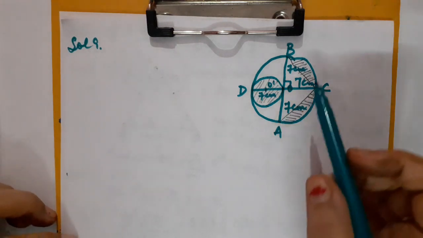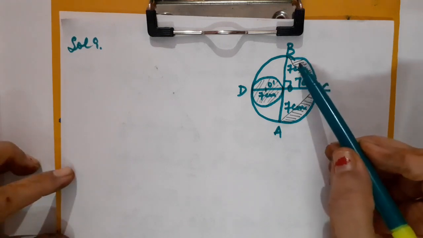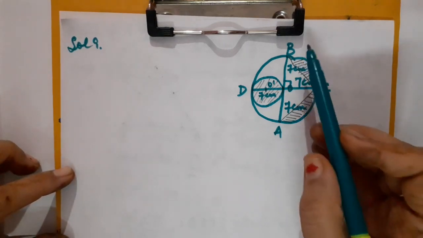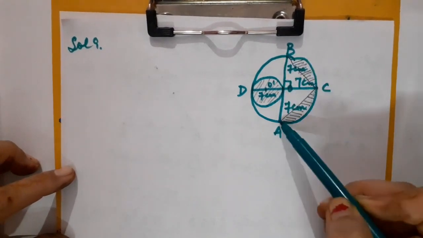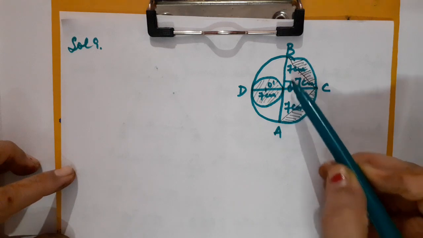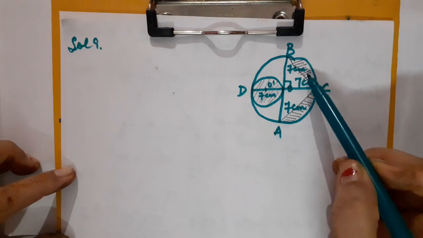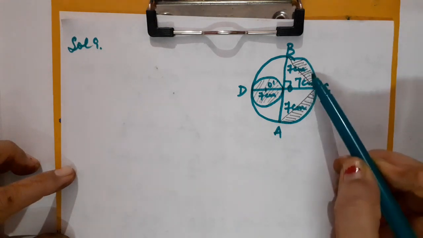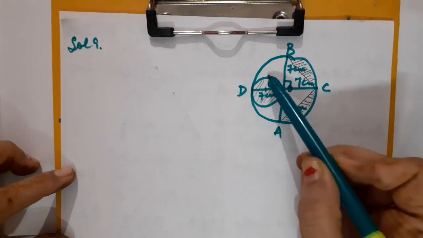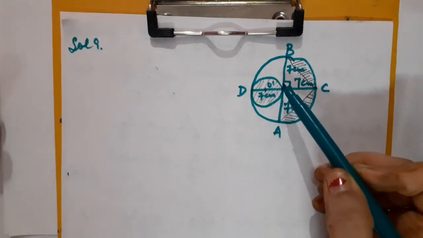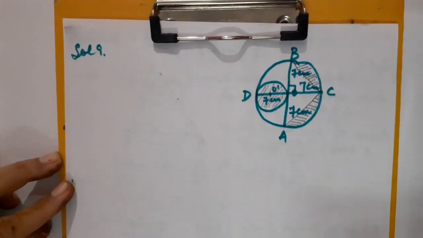Before I start writing, just understand it. As you know, this is the shaded region. Suppose I calculate the area of this semicircle, that is the ABC region, and I subtract the area of this triangle, so I can easily get the area of this shaded region. Then in that I am going to add the area of this smaller circle. In this way I can easily calculate the area of the shaded region. Right, children? So let us start it now.